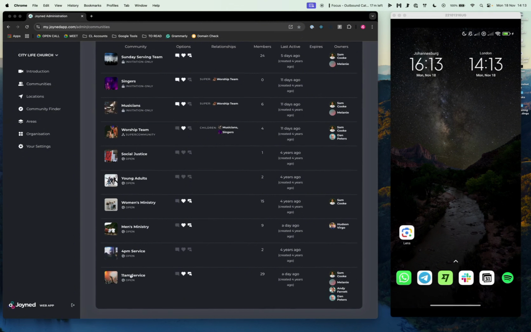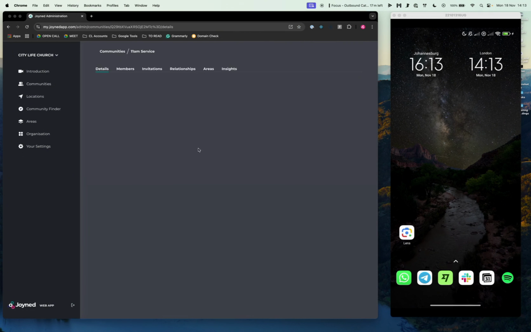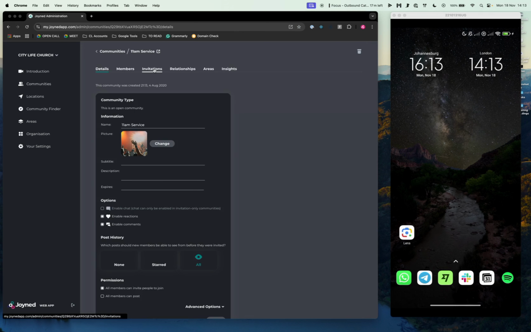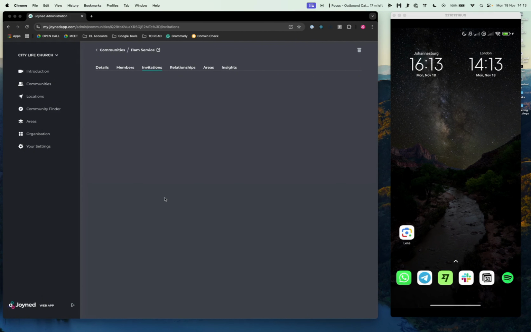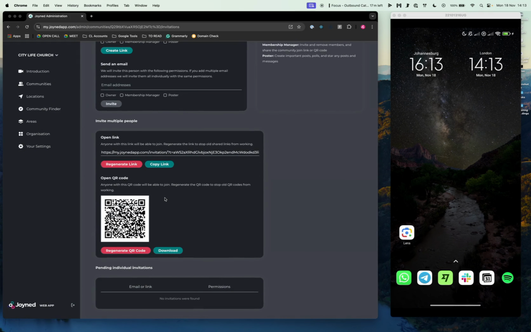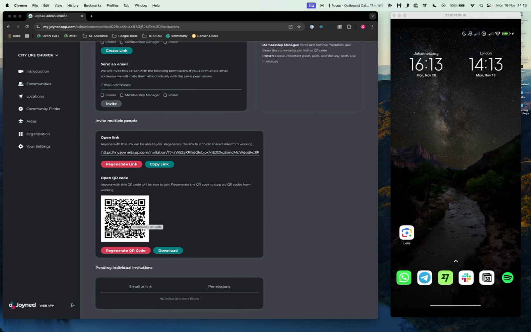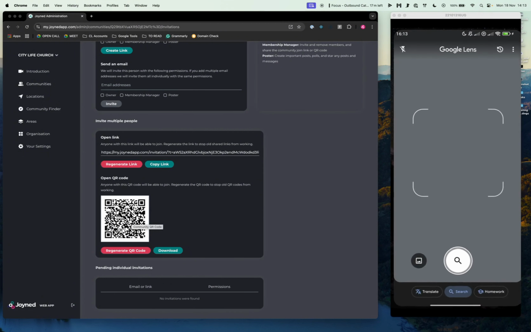Let's say you're using the example that we often talk about. The 11 a.m. service is kind of like that open group that a new person coming to the church will go to. We often talk about there being a space where you have a code that is available for people to scan. So with my phone, I'm going to go and scan this code